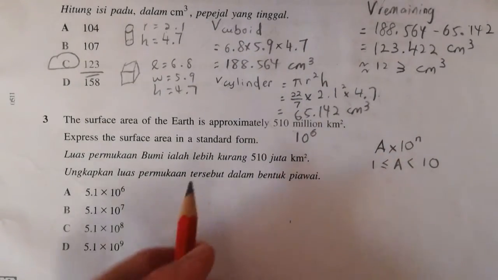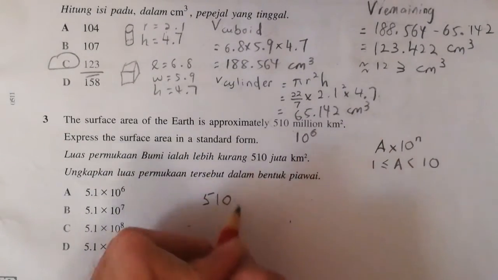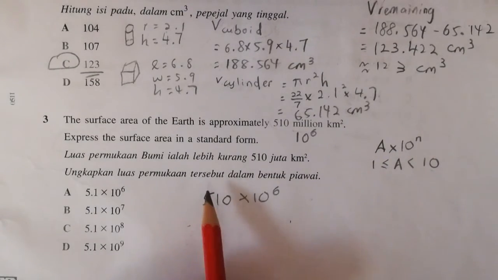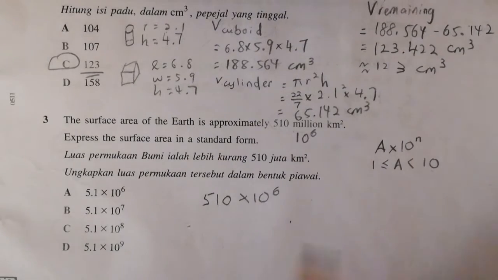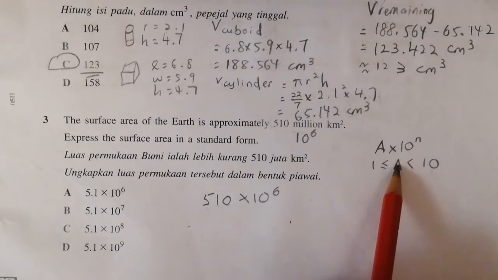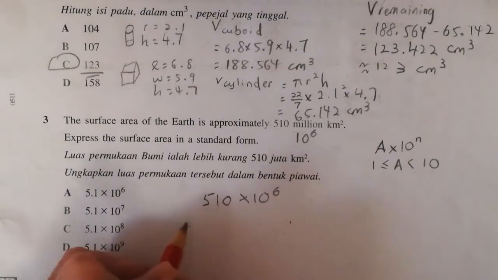So how do I write this in numbers? It would be 510 times 10 to the power of 6. Now I have to convert this into standard form. As I have explained in question 1, the format is a times 10 to the power of n, whereby a is larger than or equal to 1 but less than 10. So it has to be within this range. So we have to convert it